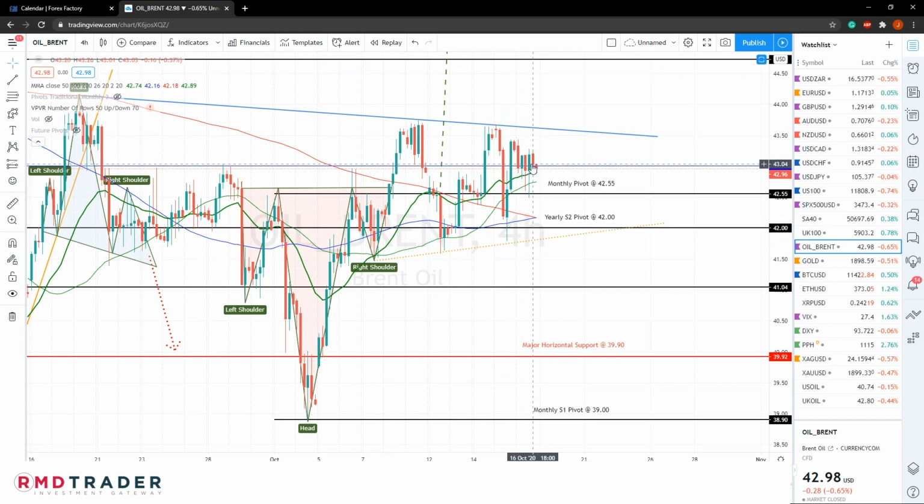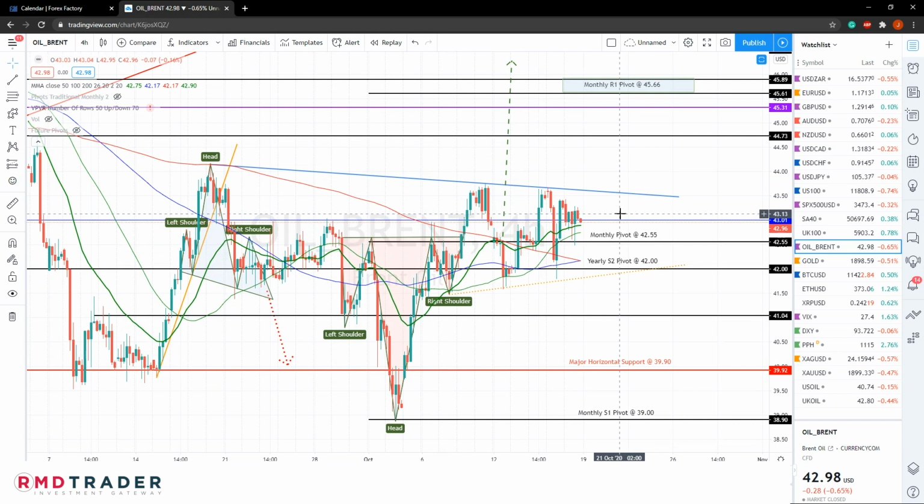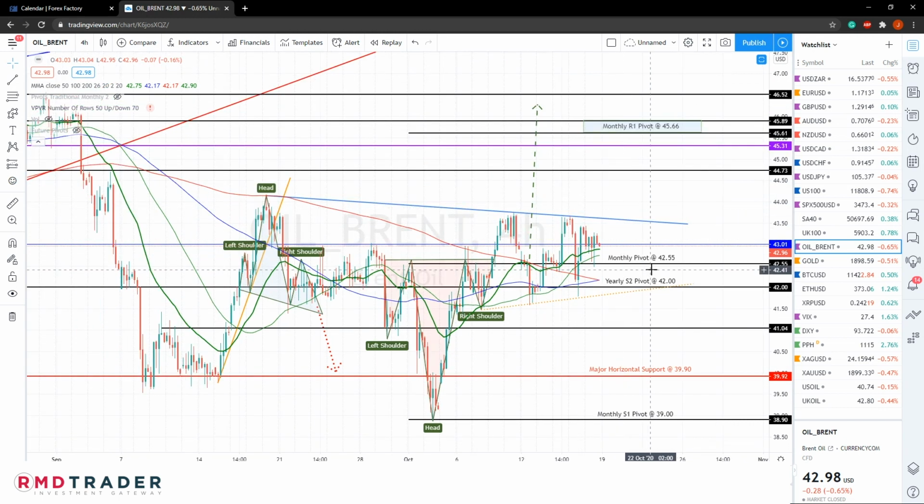So we could perhaps just see price bounce between this $42 level as well as this $43.50 level, and perhaps just staying around the monthly pivot. The alternative scenario is, of course, where we do see a bullish break above the upper diagonal, and that could